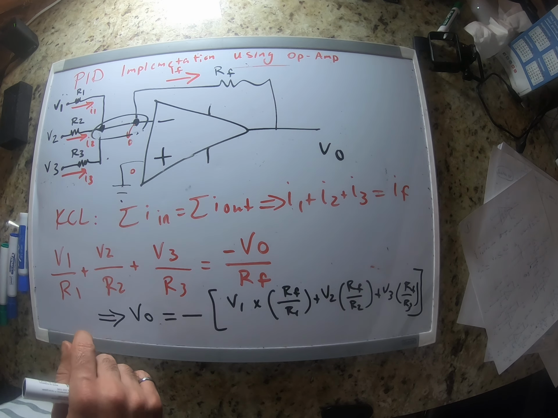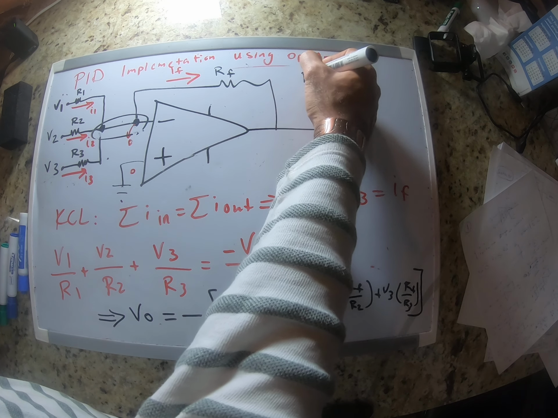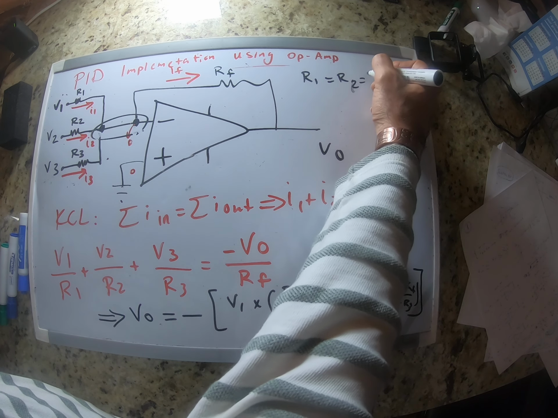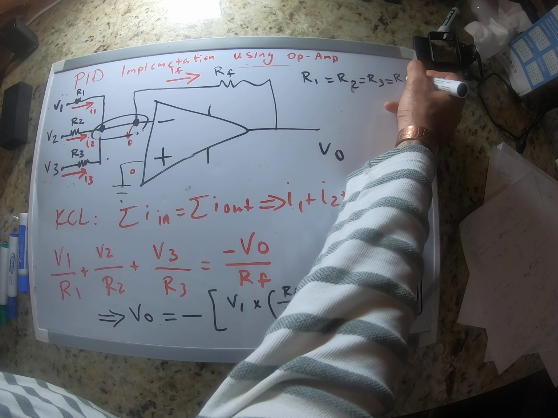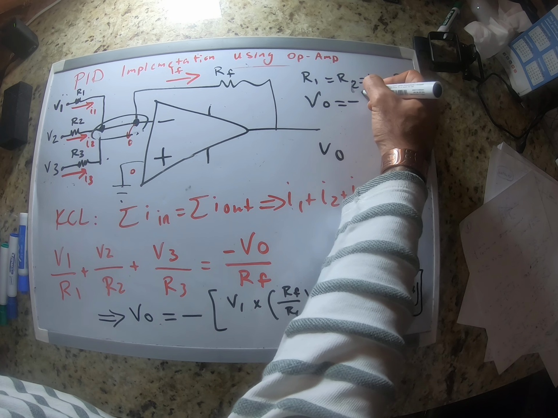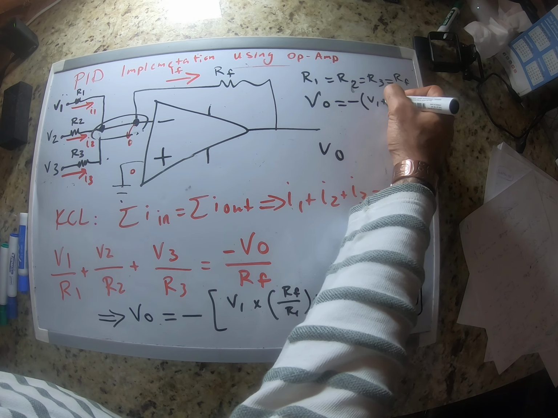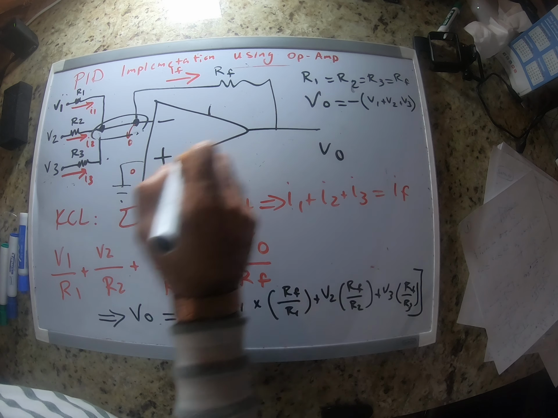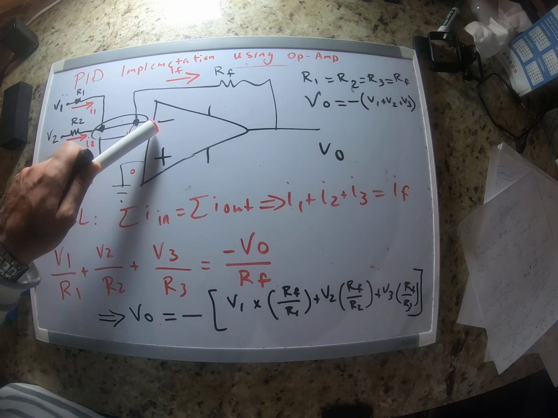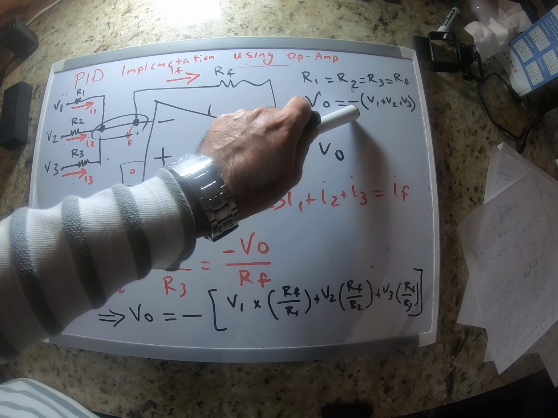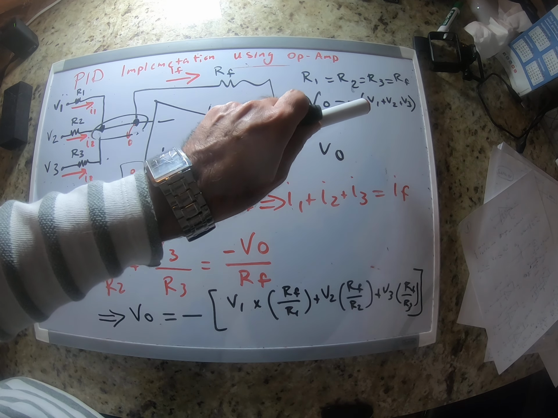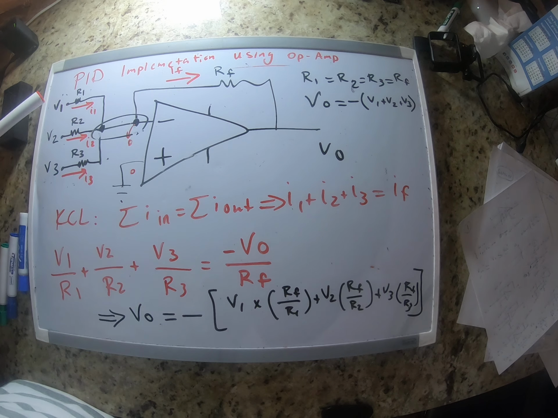So again, if you choose R1, R2, R3, and RF to be the same, what you end up with is output voltage is equal to negative of V1 plus V2 plus V3. Okay, so here, look at this. Because our three voltages are connected to the inverting pin, our output voltage has a reverse polarity as our